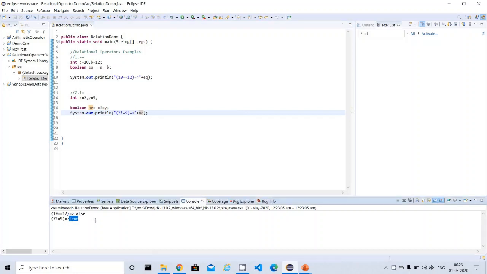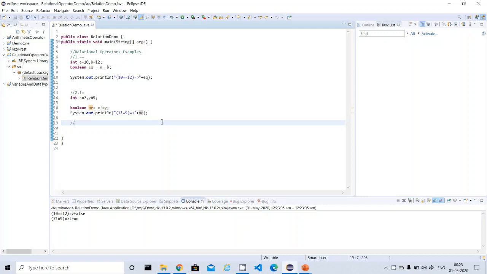So this is the way we can compare two operands of a similar type, and it will produce the Boolean value. Okay, so now I'm going to demonstrate the third example, called greater than, right? Here also I'm going to take two integer variables, one is 23 and the other 45. Basically I have taken two variables m and n of similar data type, one variable having 23 and the second variable having 45.